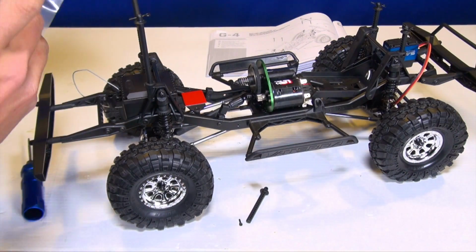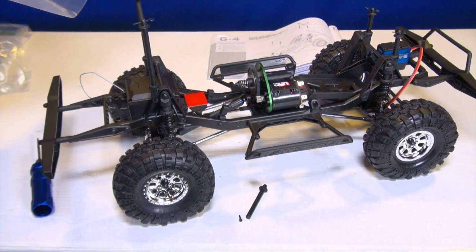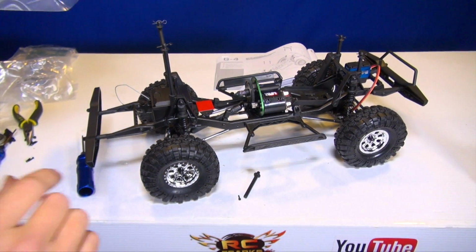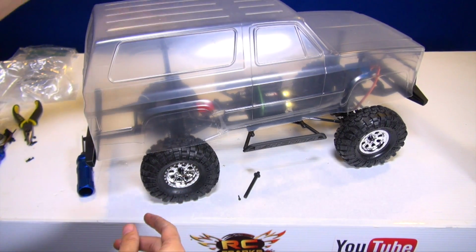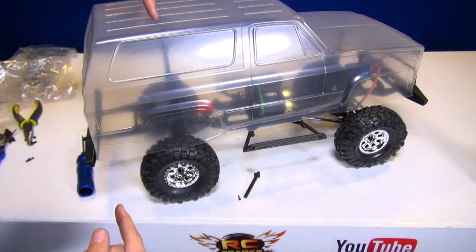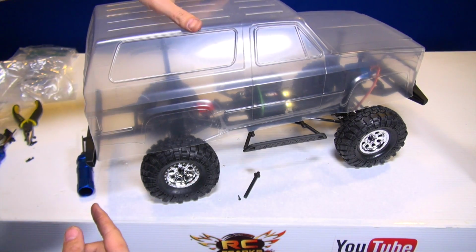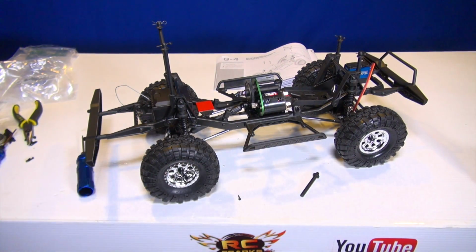Now the body has not been cut out. And the reason I'm even showing you this right now, let's just back up the camera so you can see, is to show you why you have longer body posts in the back. When everything is cut out here, of course, the posts have to come up through the top holes up here. So if you had just these little shorties, they wouldn't reach. Anyway,